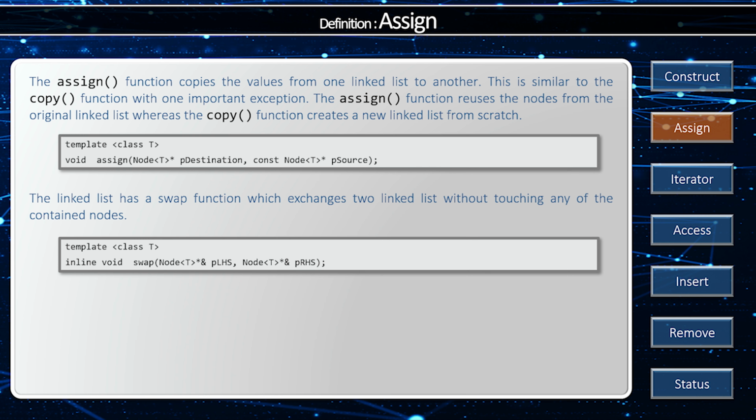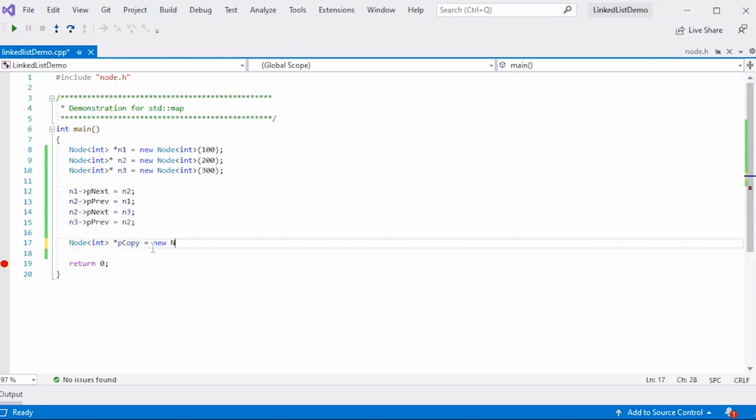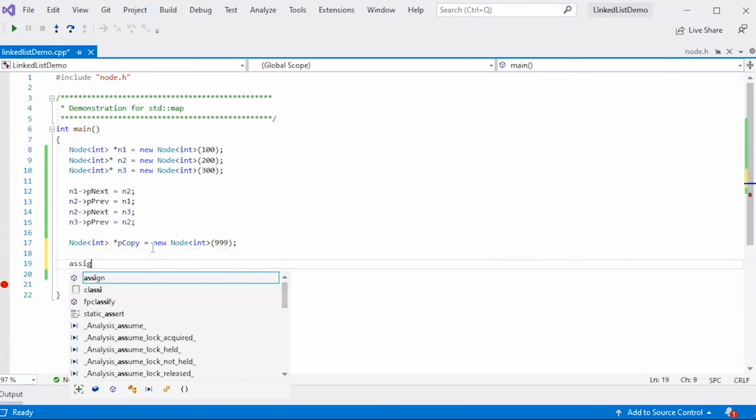Now we have 2 assign functions: the assign function, which will copy the values over, and the swap function. In order to demonstrate the assign operator, I first have to create a second linked list. And I'm going to create a linked list that has 1 node, and it's going to have the value 999. All right, so now when I call the assign method, it's assign destination, comma, and then